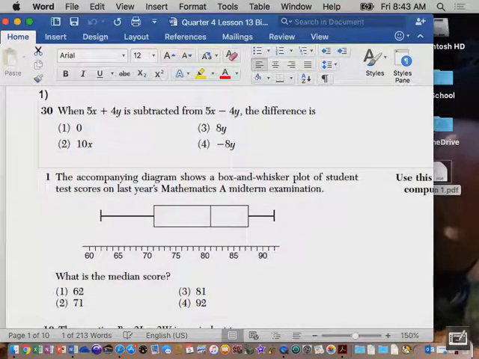When 5x plus 4y is subtracted from, and we've talked many times this year about the importance of the word from. If it's from, it kind of means you switch the order. Instead of 5x minus 4y, you would do 5x minus 4y minus 5x plus 4y. Be careful about the phrasing, switch the order. The way I like to describe it, and I think this is what you meant to say, is from goes first. Now when you're doing this equation, apparently there's gonna be a bit of a problem because